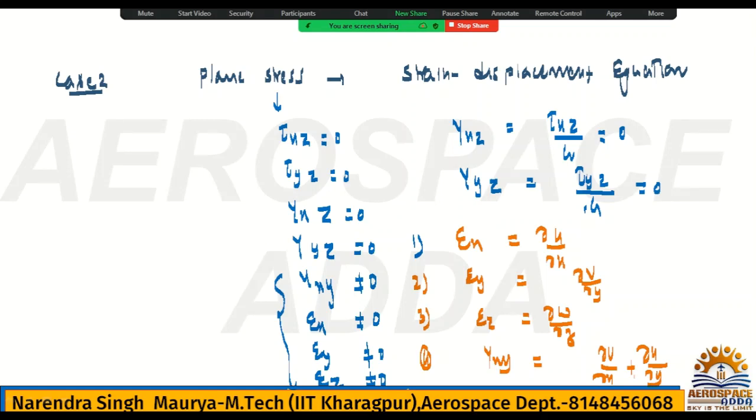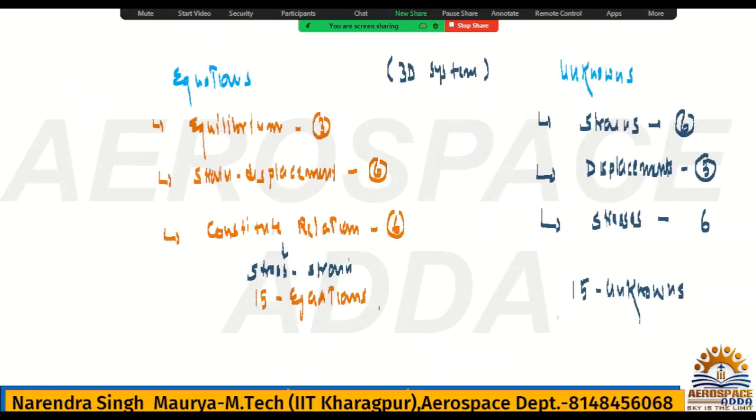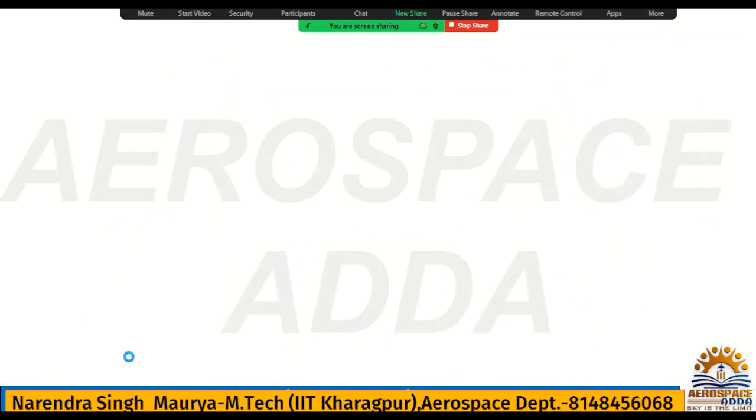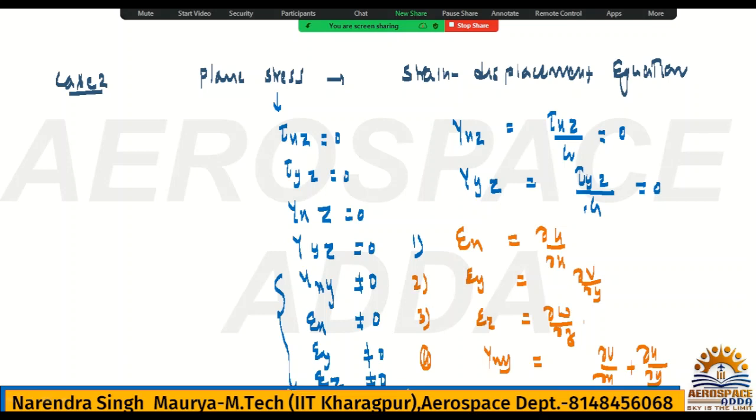One thing to remember: in this stress strain relationship, epsilon zz will be there. Why? Because sigma z becomes 0, but sigma xx will be there and sigma y will be there. So here you will get epsilon zz. But in the case of the displacement term, this value will not be feasible. Why? Because you are not considering the z axis, so dou w by dou z, you will not get any